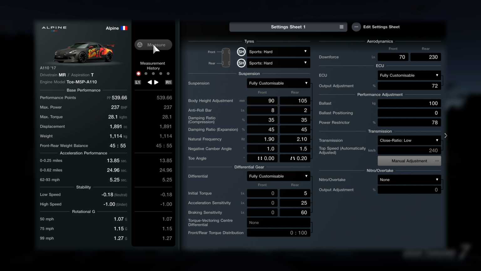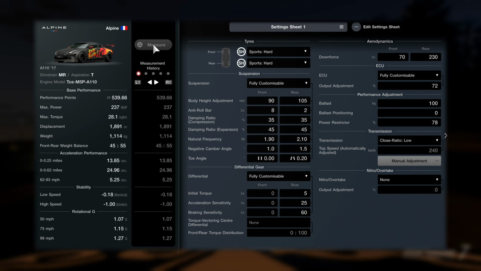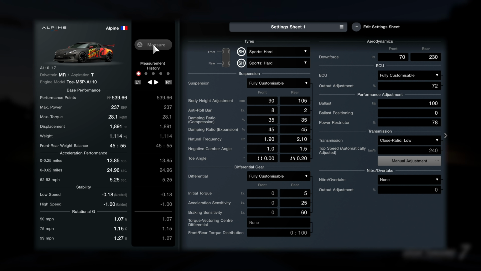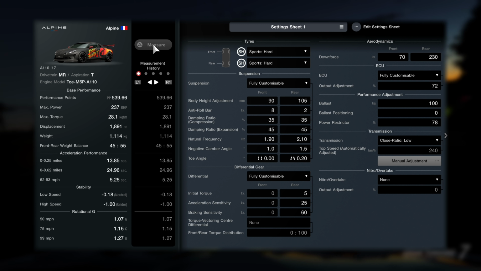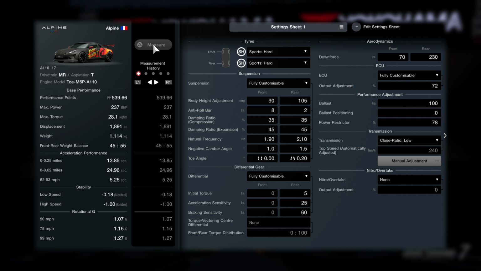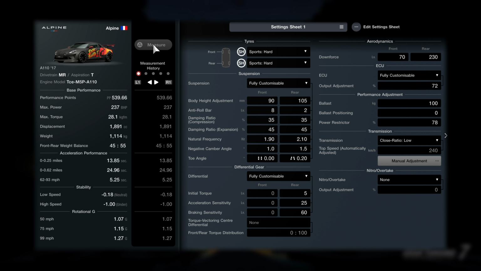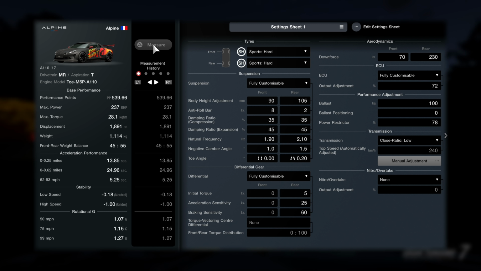Now, my third top tip, and this is, I think, the easiest thing to do. There really should be a way in the tuning sheet menu here to compare the base performance of your car against either other cars in your garage or other cars on the leaderboard. So you can see here, I can see my PP for this Alpine is 539, if I can speak, quick maths. And you can see also at the bottom I've got my rotational G, my stability, acceleration performance. Those key benchmarks should 100% be comparable on this screen. So you can see where I've got the measurement history. There should be a way to flick to other cars in my garage or maybe other cars on the leaderboard,